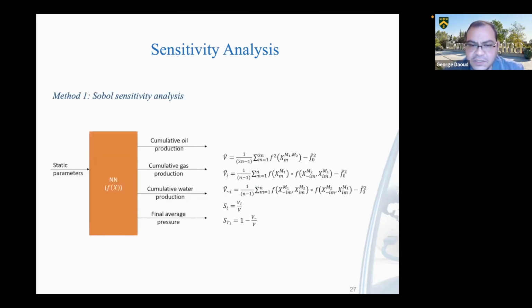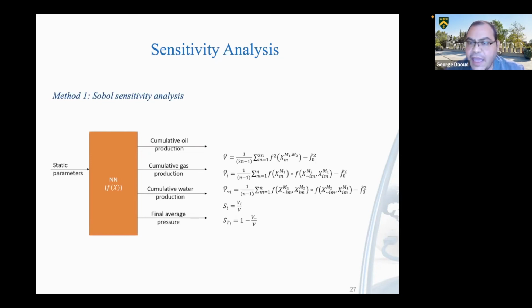As you can see in the equation, this is the first method of sensitivity analysis, the Sobol method. In this method, we are using the function f, and we want to find the most important parameters for this function, the x here, that affect it a lot. This is done traditionally using a numerical simulator, which takes a lot of time for each run, and it will have 1,000 runs because this is measured in